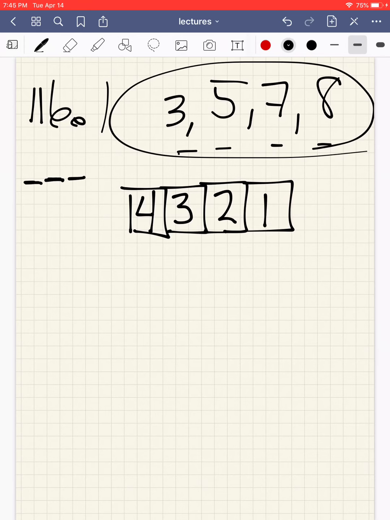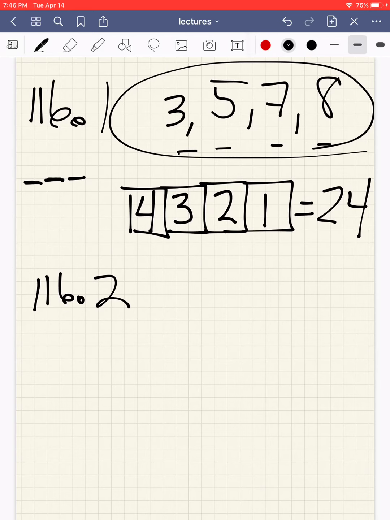The fundamental counting theorem says that once you know how many items you have to pick from each time, to find the total number of ways that you can arrange those, you simply multiply the numbers that are in the boxes. So there's 4 times 3 times 2 times 1, which would be 24. So there's only 24 ways to rearrange 3, 5, 7, and 8 in different numbers when you can't use repetition. You can't use one number twice. All right. The next one says,